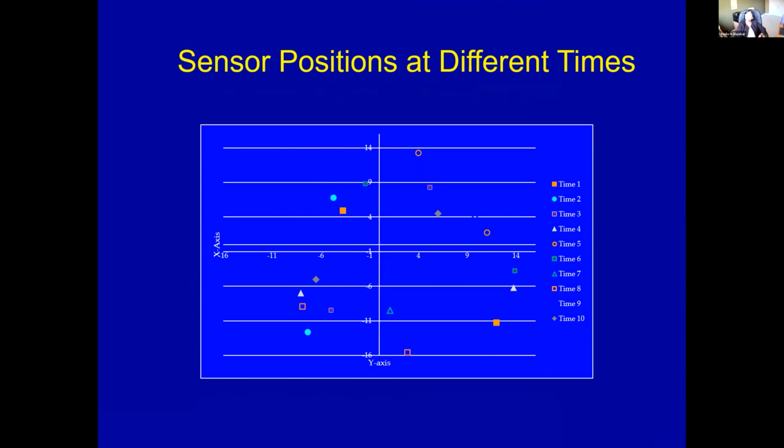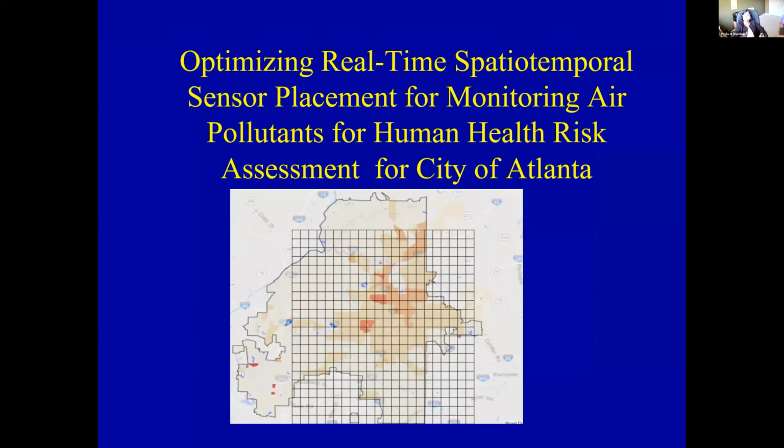And how the sensor positions change as time goes by is shown here with different colors. You will see that the sensor position changes with time. Okay, so with this example, we'll go to the real-world dynamic sensing example: optimizing real-time spatiotemporal sensor placement for